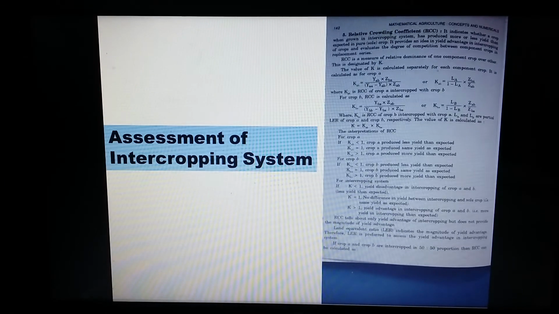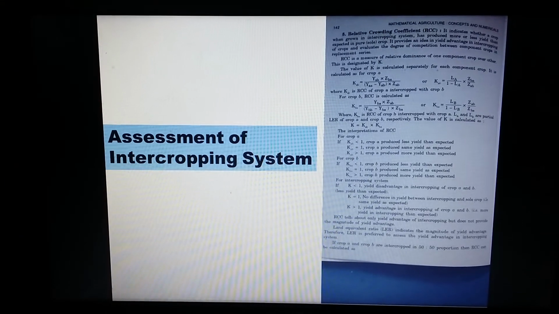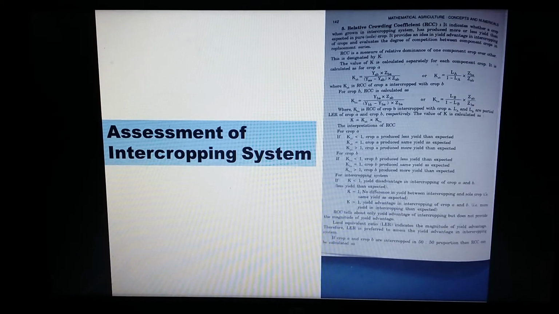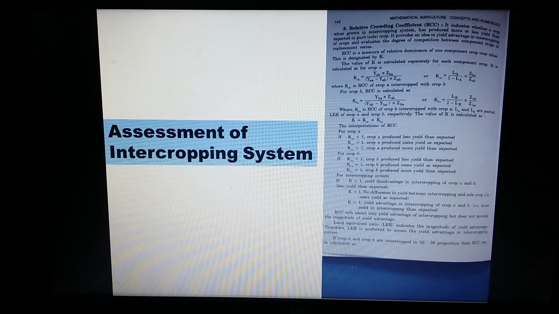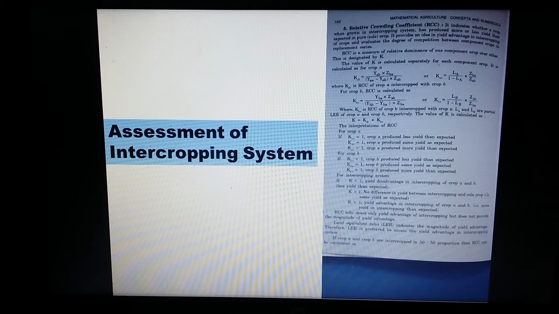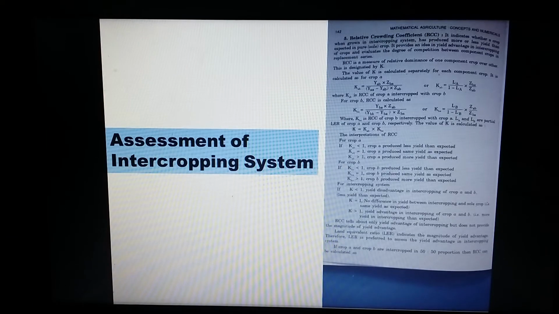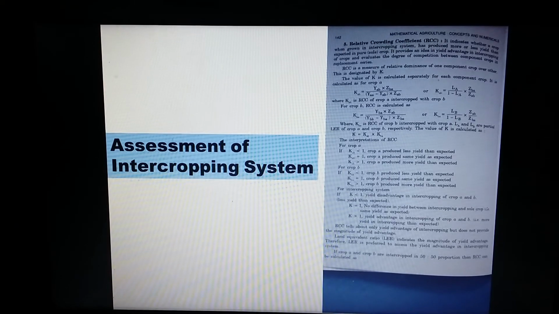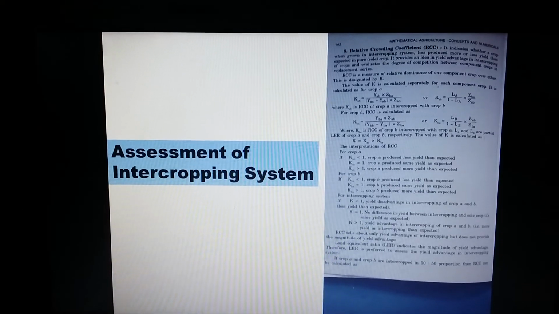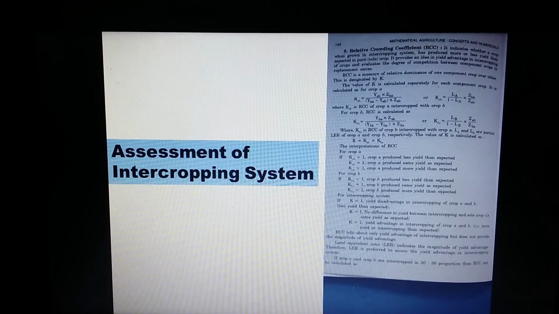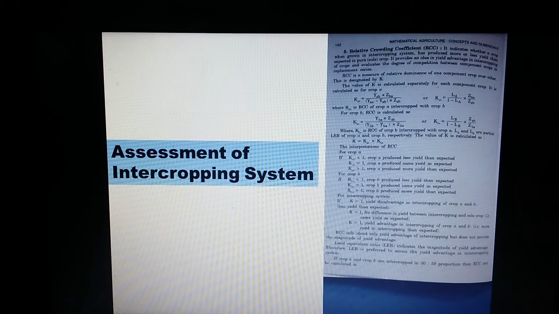So when we come to the conclusion, if the relative crowding coefficient K for crop A is less than 1, that means crop A produces less yield than expected. If the relative crowding coefficient for crop A is equal to 1, that means crop A produces the same yield as expected. If the relative crowding coefficient is more than 1 for crop A, that means crop A produces